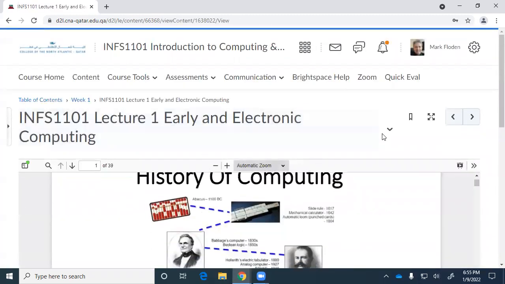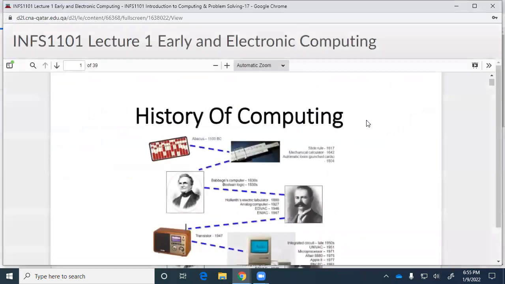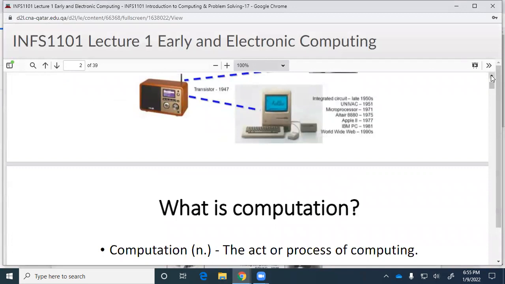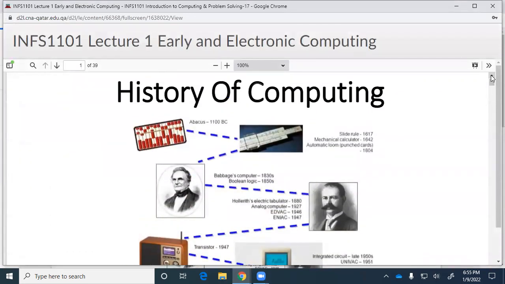So that brings us to our lecture for today, which is also there, which is about the history of computing. And the idea here is not to turn you into history majors, but so that you have a bit of a context of understanding how computing evolved to the point where it is now, and where computing fits in the rest of the world, right? So what is the idea? It's a fantastic industry, really, isn't it? It's employing so many people doing so many interesting things in computing. And so how did we get to that point?